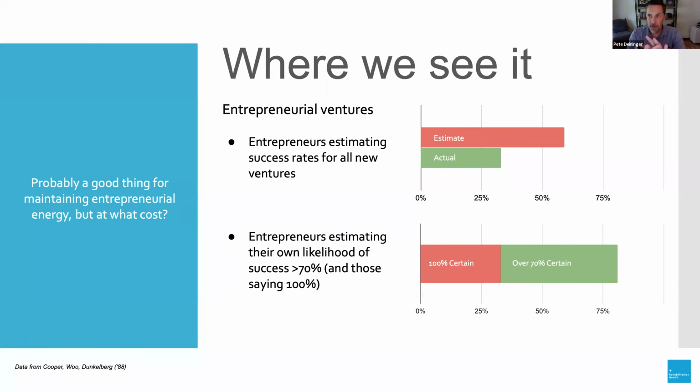So that was looking at just the total space. But when talking about their own likelihood of success, entrepreneurs were asked, how many of you feel that you have a greater than 70% chance of being successful? The number who self-rated themselves as likely to succeed was 81%. And within that, a third were 100% certain that they were going to be successful, even though only 1 in 3 in actuality make it beyond 5 years.